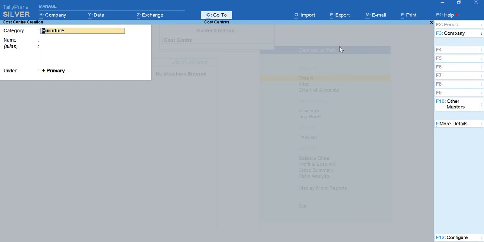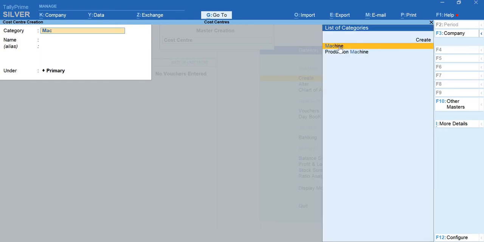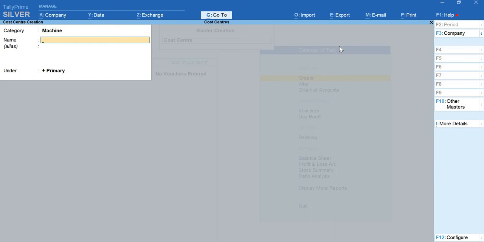So the next category I did was machine. Just give backspace. In the place of furniture, select machine. So under this machine, I'll go for creating computer 2 gigahertz. That is the capacity of a computer. And the second one I create is computer 3 gigahertz. So I'm done with creating two different machine cost centers. The next I'll move on to is production machineries.